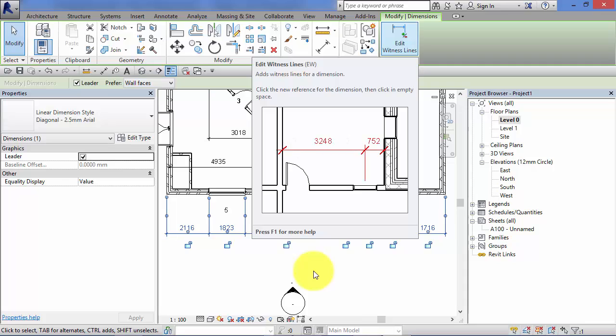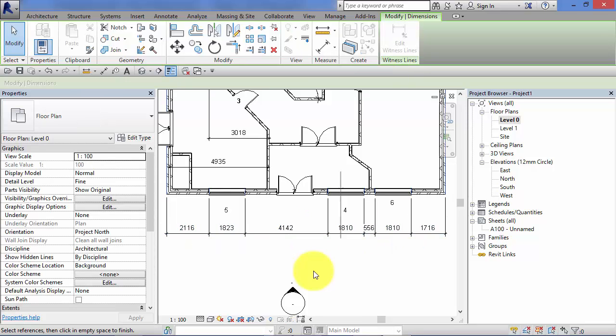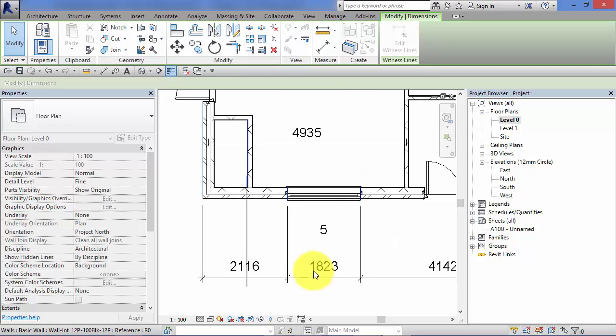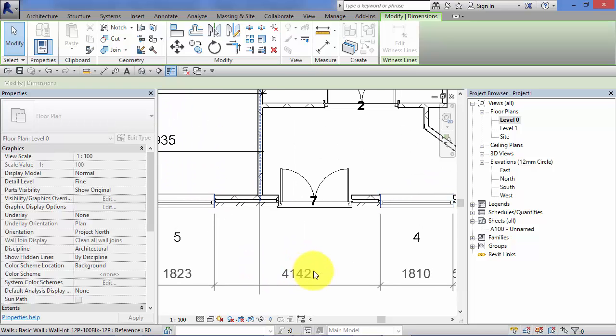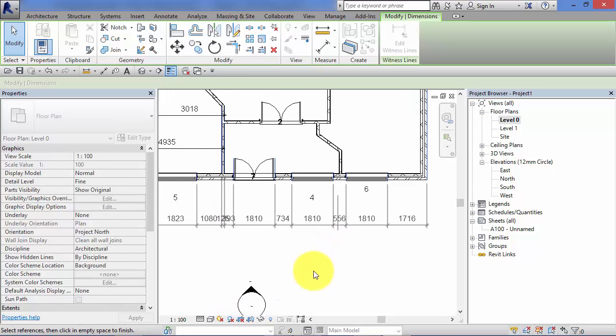There's a green plus and a red minus indicating we can add or take away to the number of witness lines in that dimension. So I'm going to hit edit witness lines, and if I hover over the dimension now, you can see there's a little dimension icon next to my cursor, and I can simply add in where I need extra dimensions, and you can see it's subdividing the correct segments accordingly. Let's pick up there, get the opening, and I think that will do it. So just click anywhere else to confirm,